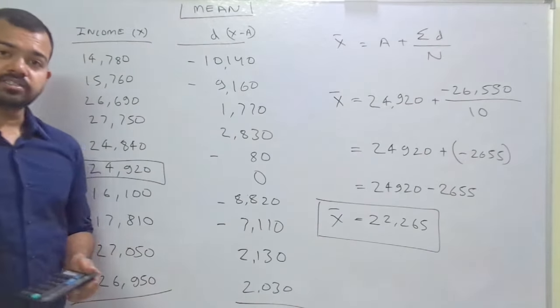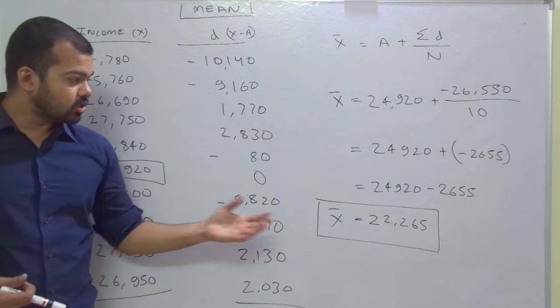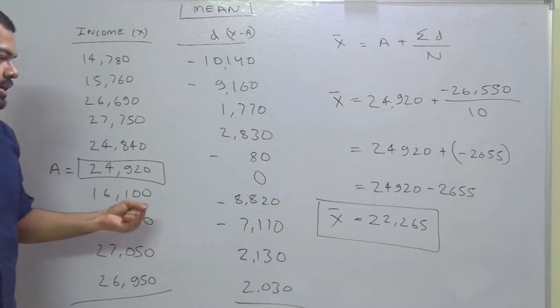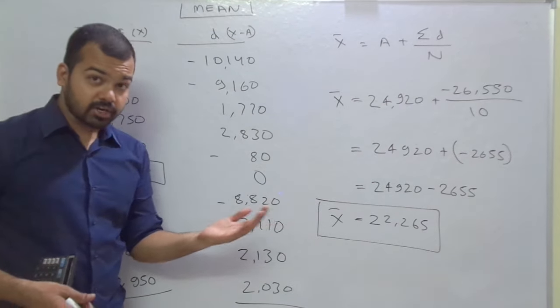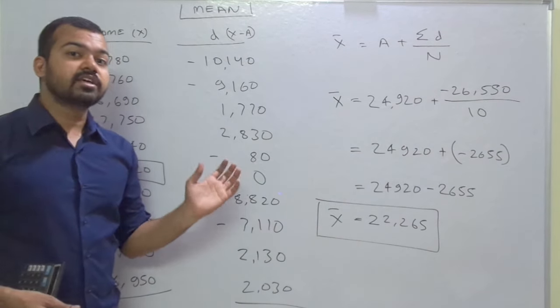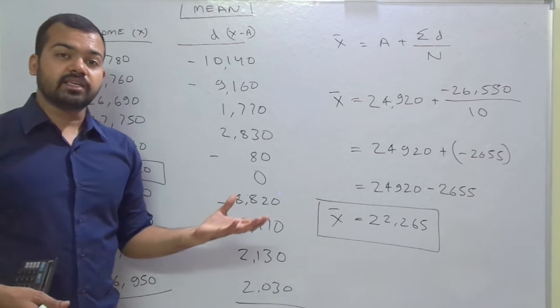The answer comes out the same whether we use the direct method or the shortcut method. But in the shortcut method, when we are calculating the mean, it requires a lot of effort. In a general sense it is not a shortcut, but when we use advanced statistical tools other than the mean, we will realize the shortcut method is very easy to compute.